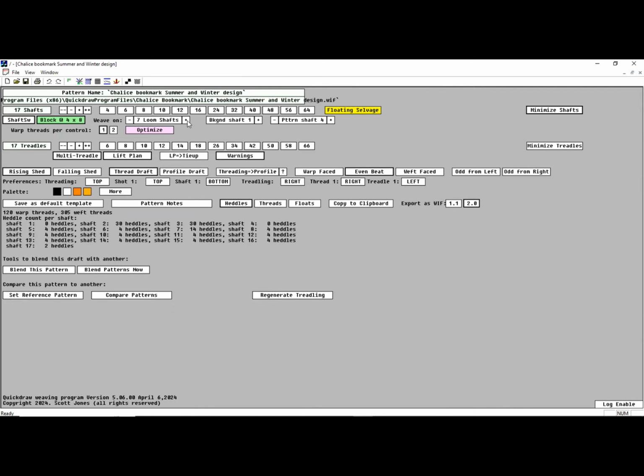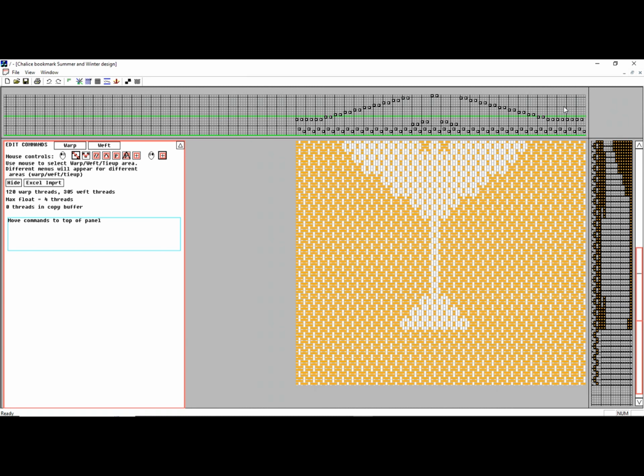If that is red, then you've got a structure that would not work. Now when I hit the optimize, it's going to look through, and again looking at the bottom message here, when I click it, it's going to tell me it would take 138 changes to weave that entire pattern from top to bottom, meaning how many different times those draw cords have to be moved. My vision was to be able to do that on an 8 shaft loom, and I want pattern shaft 1 and 2, and I'm going to have 2 warp threads controlled by 1 pole. And then when I hit the optimize, you'll notice I've gone down from the 138 to the 180, and if I look back at the pattern, you see it's rearranged the patterns so that I now have the 8 shaft,